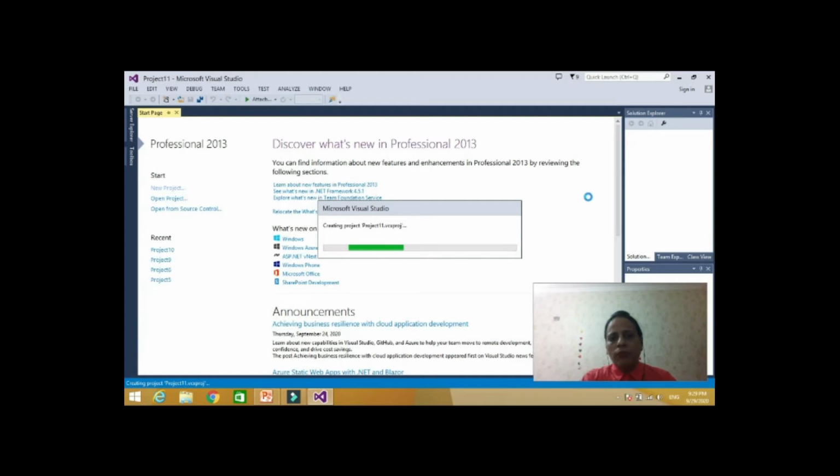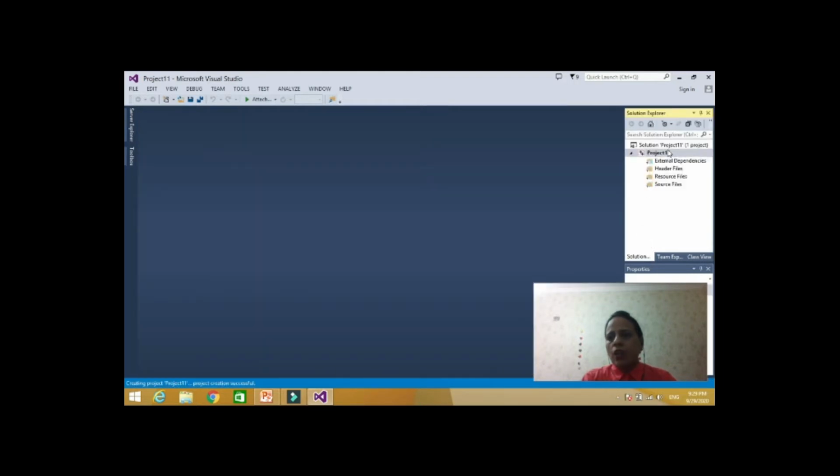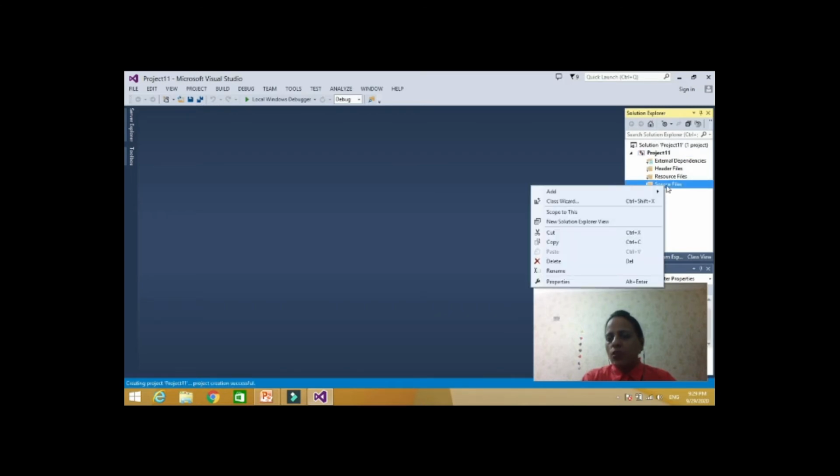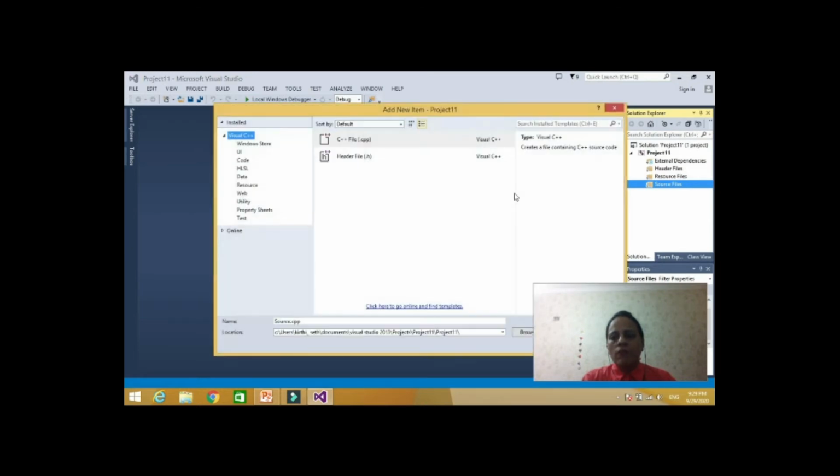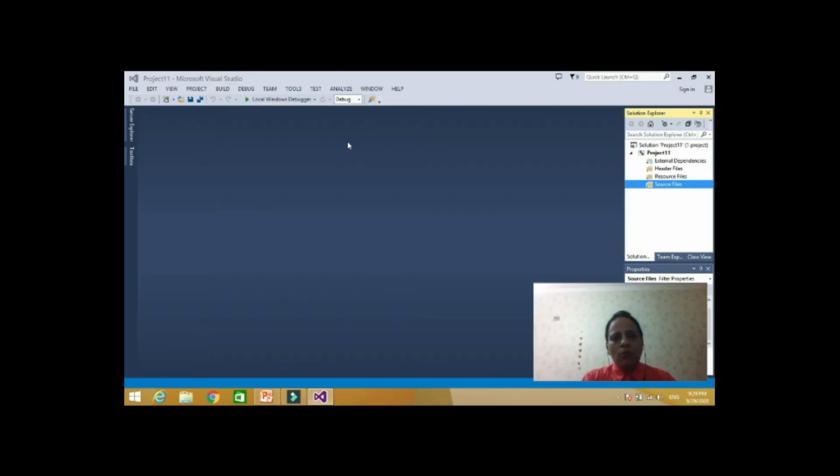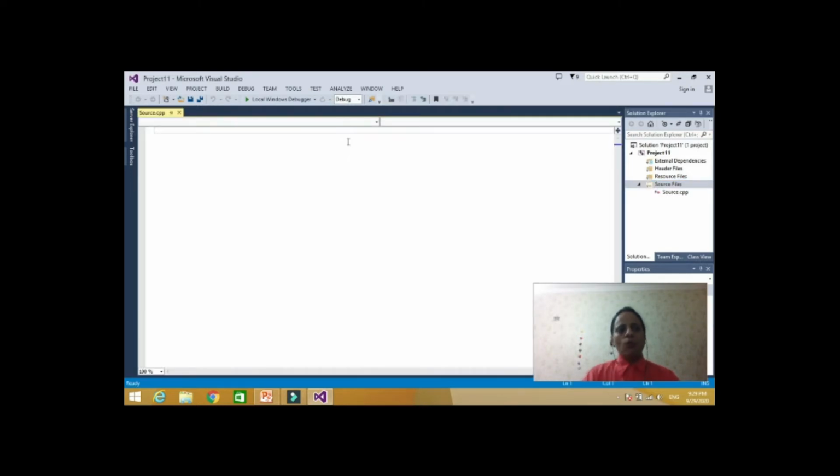Now this is our solution explorer. From source files, right click on the source files, add new item and go to the C++ file. So now today we will check how to declare a variable, how to declare a data type. Let me increase the size first. So let's say it is how to declare